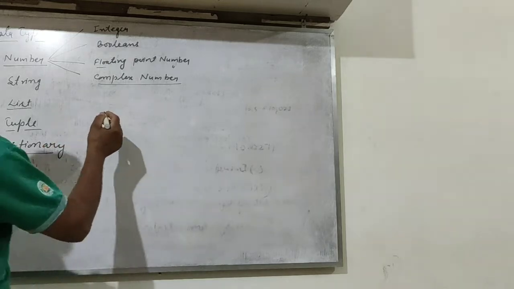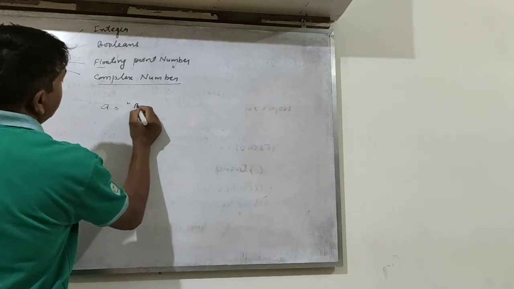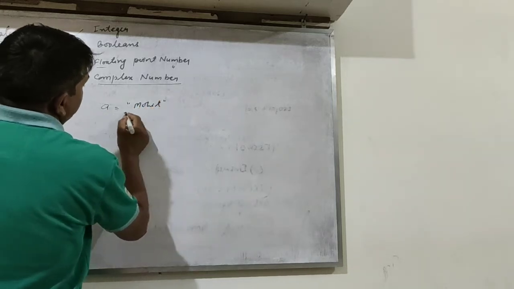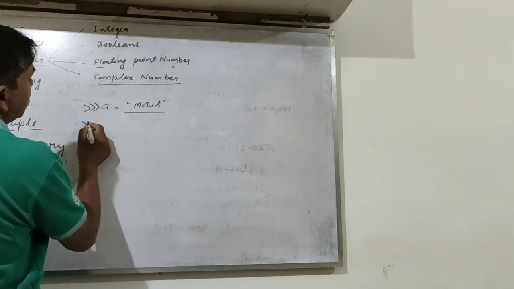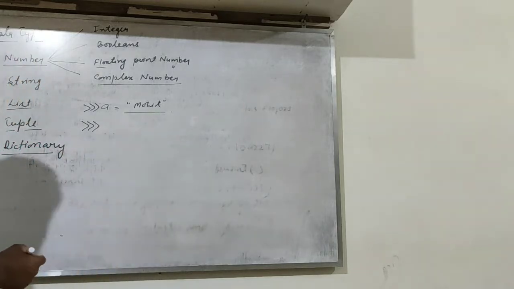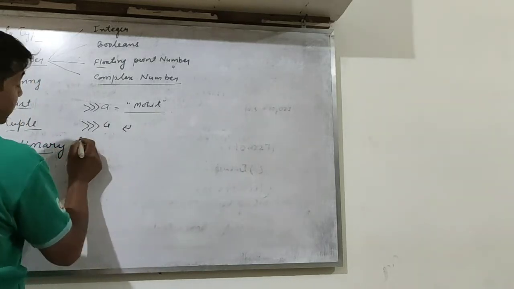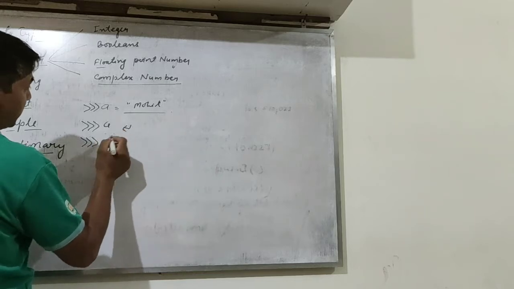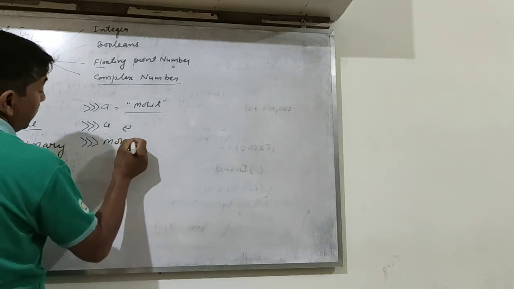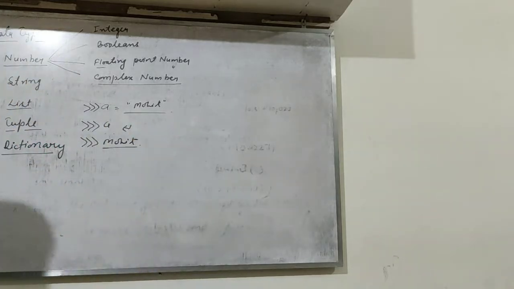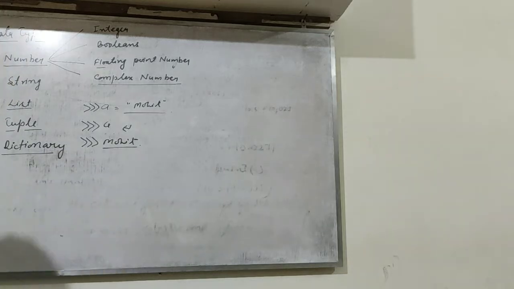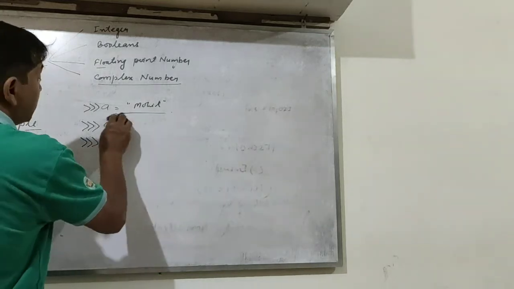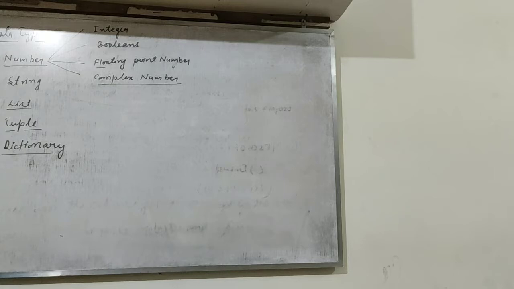As you know, a string, how do you write a string? A = Mohit. Suppose you have to write Mohit, as you know this is a string, and you assign the value. At your Python prompt you write A = Mohit and press the enter key. Then you type A and press enter, and you find Mohit, the value inside A, is displayed. Okay, whatever is inside single quotation or double quotation is called a string. So what is this? It is a string. Whatever is inside double or single quotation is called a string, as you know. And now we are going to the next topic.